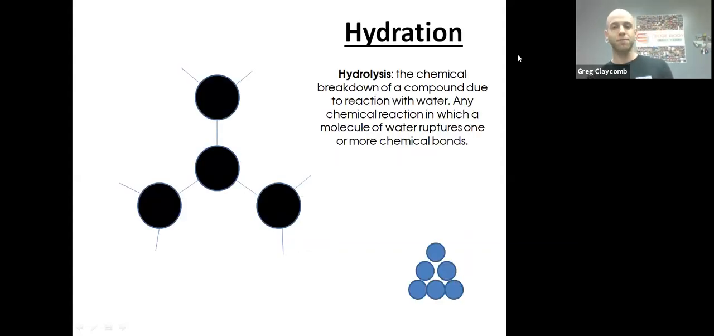First part is hydration. All right, so these black circles that you got here, those are fat cells. You can see in comparison to the blue circles, which are water cells, they are quite a bit bigger. They're about 4 times more dense. Fat is a pretty big